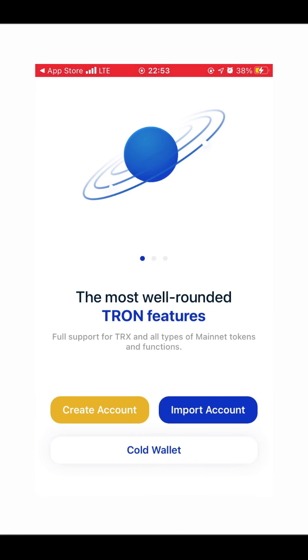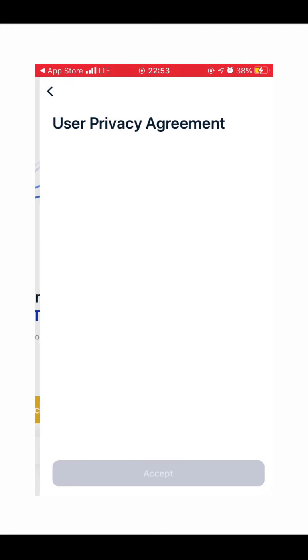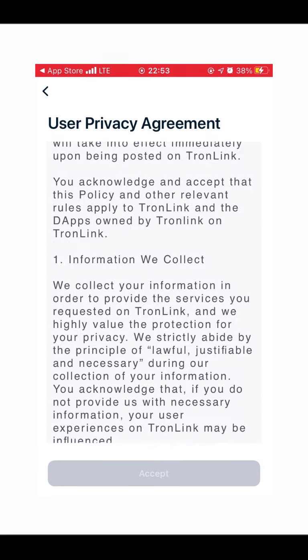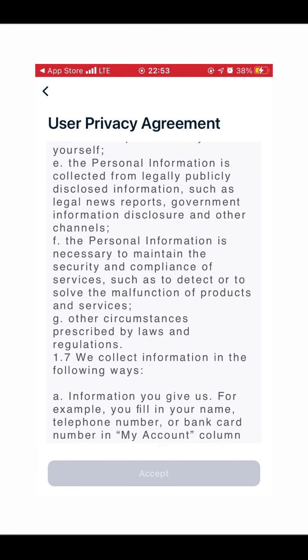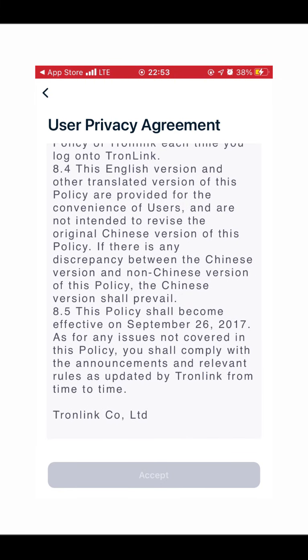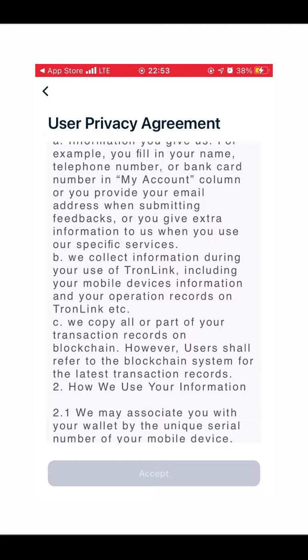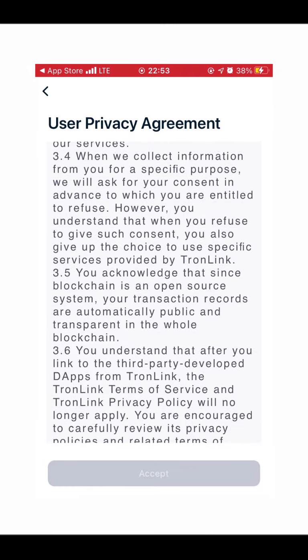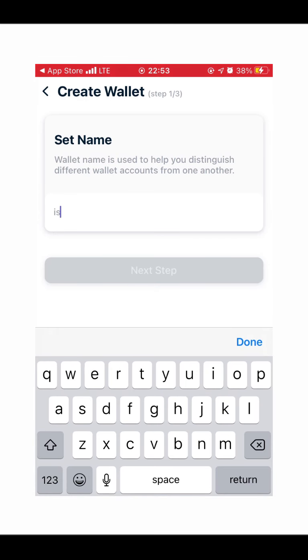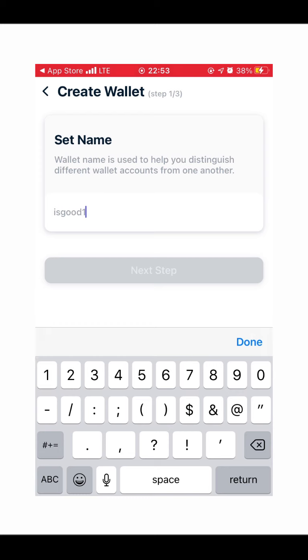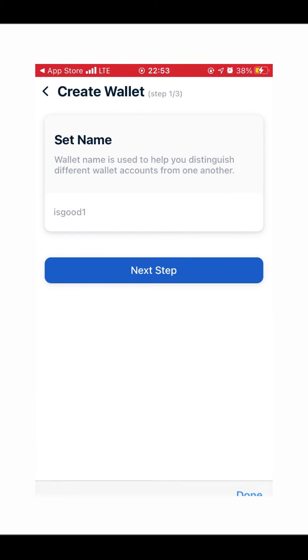Then click on Create Account. Make sure you scroll to the last part of the terms and conditions displayed and click on Accept. Though you can as well go through it to understand their rules and regulations better. Then fill in your names, preferably your popular name or your nickname or your business name, though you can use your real names if you like. It all depends on your wish, and click on Next.